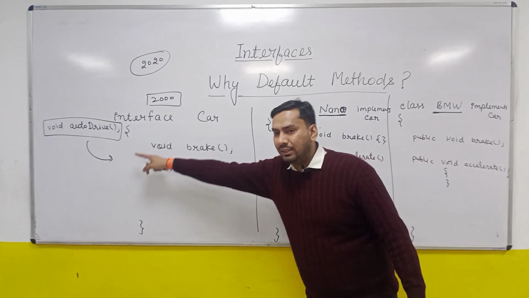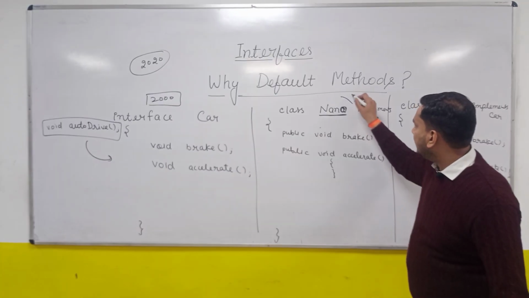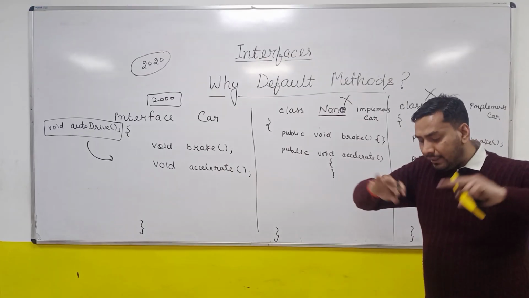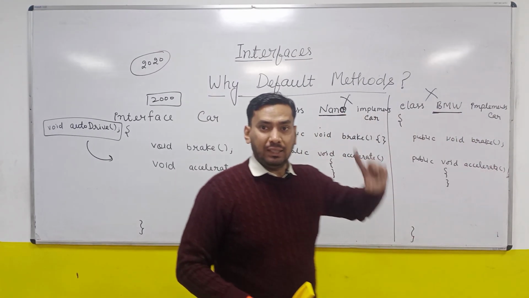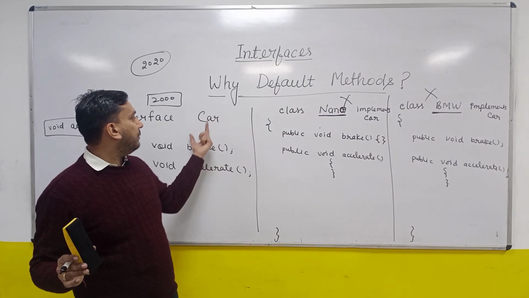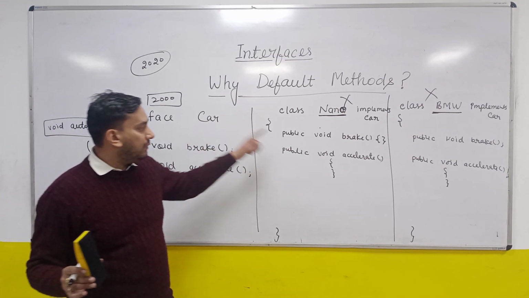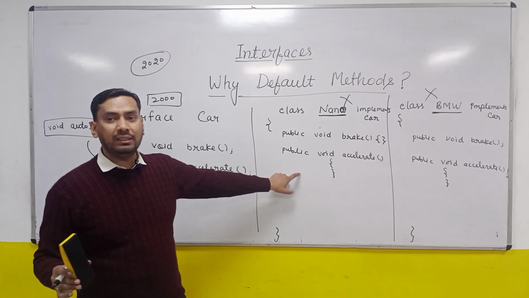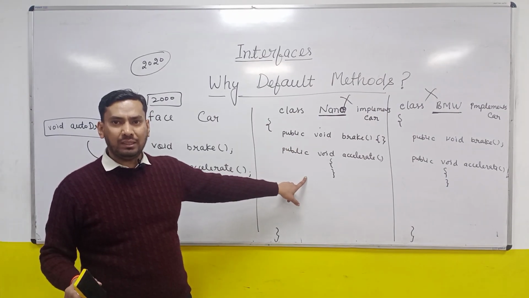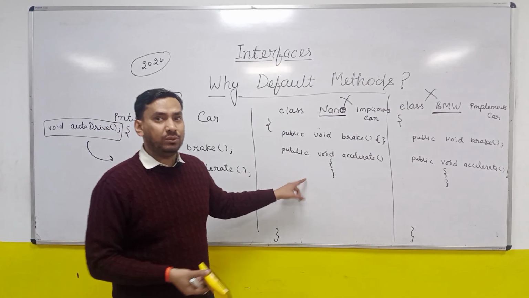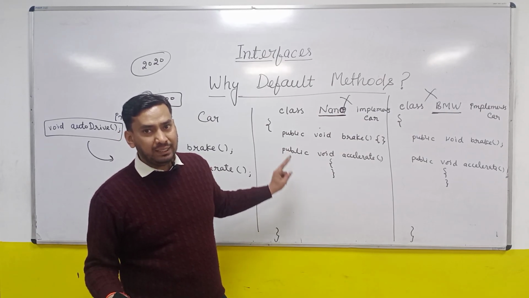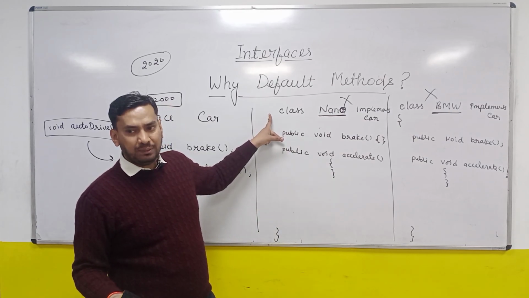So any subclass which was created in the past by inheriting that interface will also receive that method. So as soon as you add a new abstract method here, all these classes will not compile now. They will stop working. The entire ecosystem of this class hierarchy will be spoiled. Why? Because a new abstract method is added in the parent interface. It will be inherited here, and now this interface contains one more abstract method. You implemented the available abstract methods back then, but now you have got a new abstract method which is not implemented here. So there are only two ways: either override this or declare yourself abstract.